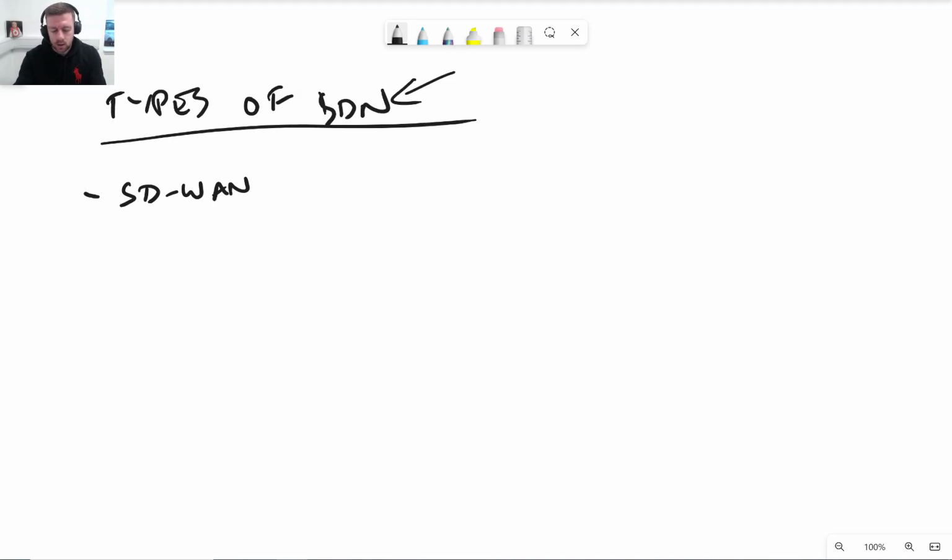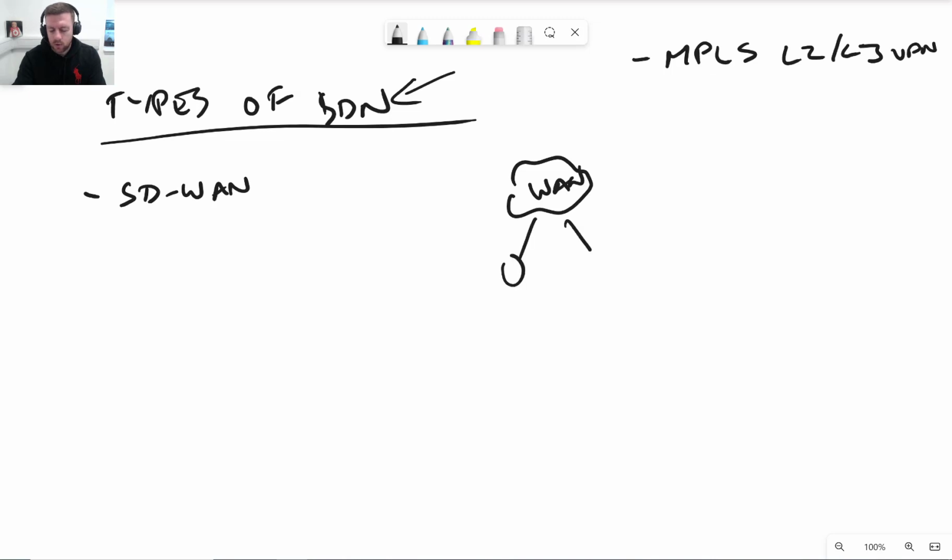Traditional WAN are things like MPLS, and that could be layer 2 or layer 3 VPN, for example. That is basically where you've got the cloud, which is provided by the service provider, and then you've got sites that are connected to it, like this. And then these sites can communicate with each other, like that,